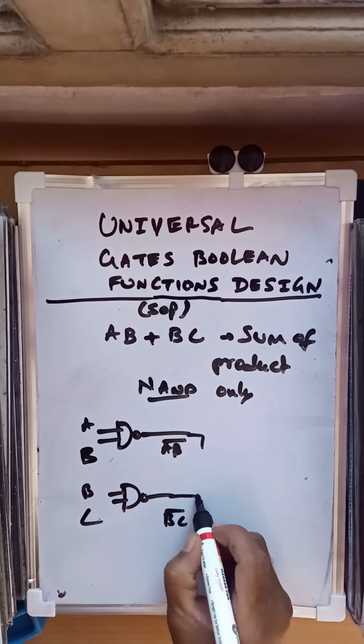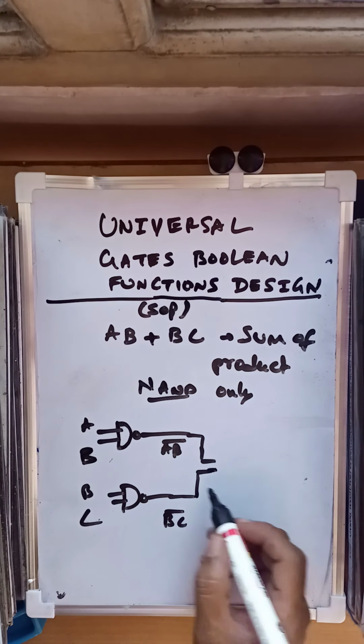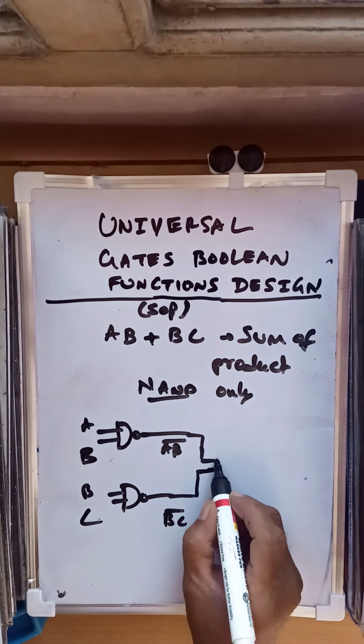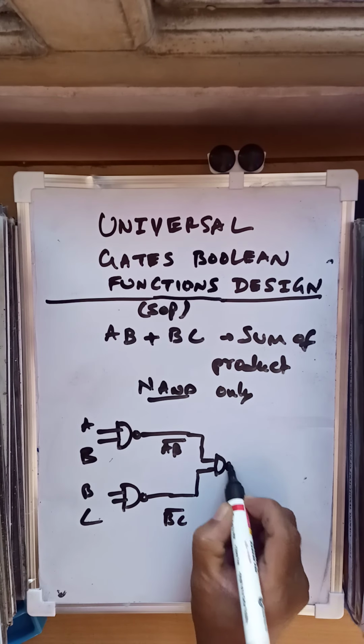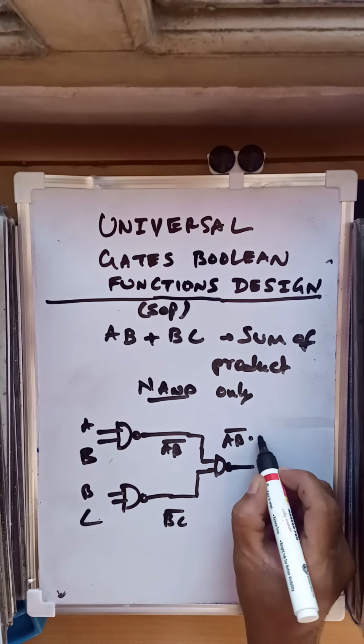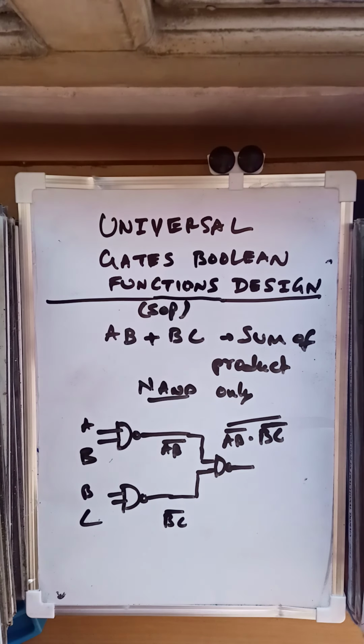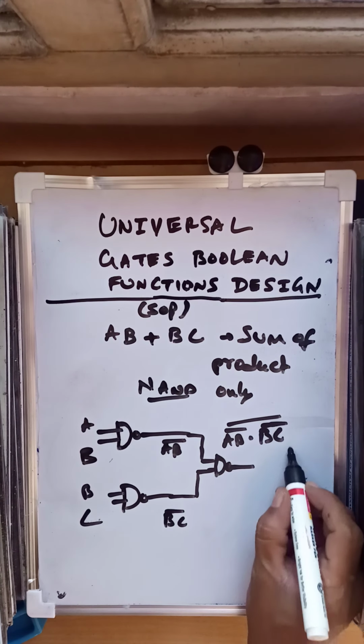That means again we are giving these to a NAND gate. That means here AB bar dot BC bar and whole bar. That means this becomes